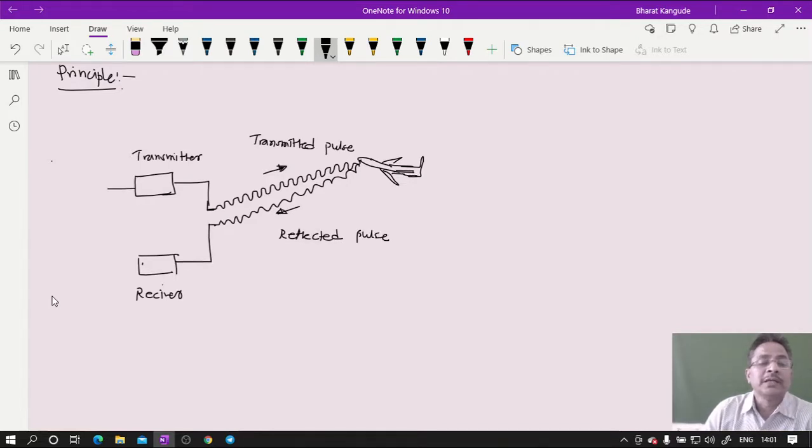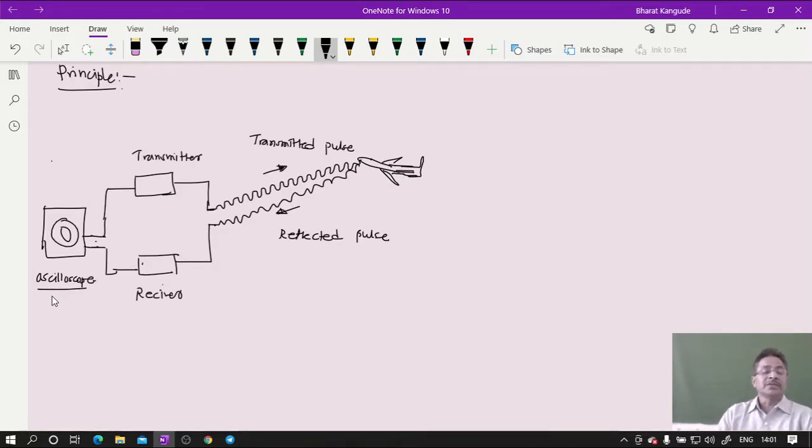Here this device is further connected to a device you might have seen earlier, which is called an oscilloscope. It is connected to the oscilloscope, and on the screen of the oscilloscope we see a certain diagram. In pictures or on TV we might have seen this type of device, which has a particular diagram shown there. So we can have axes like this. This is called the oscilloscope.